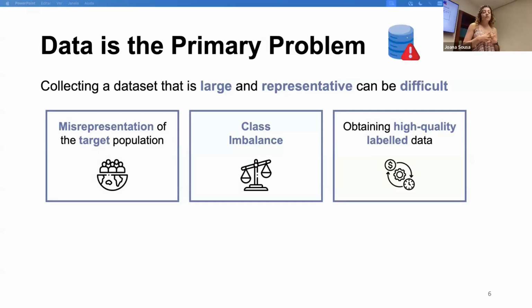If we talk about, for example, class diseases, this is only natural, taking into account that some diseases are more prevalent than others, and the rarer the disease, the more likely it is to be misrepresented. And finally, as I mentioned before, obtaining high quality labeled data is a really hard task.